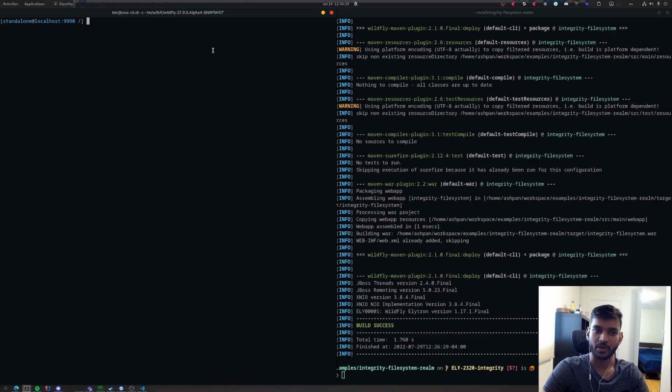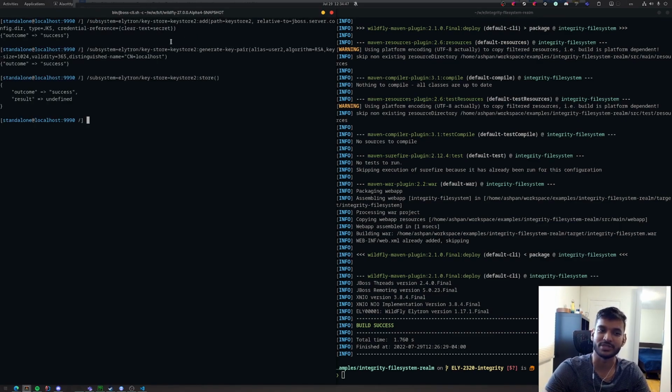There's also another operation to update the key pair used for the integrity feature for the realm. This can be used so that system administrators can ensure that every 6 months or however long they decide, there's a new key pair used. That way there is enough security in place. So what we can do is we can go ahead and create a new key store. This key store will be named keystore2, the path will be keystore2, and the alias here